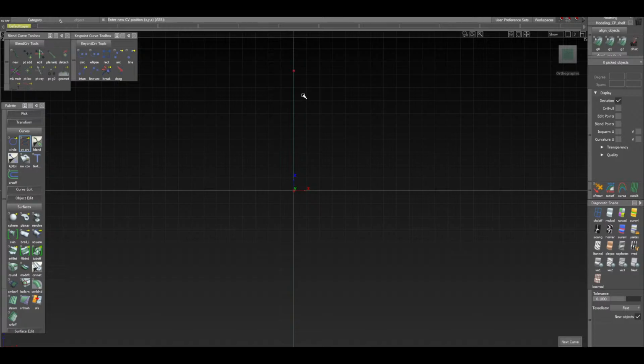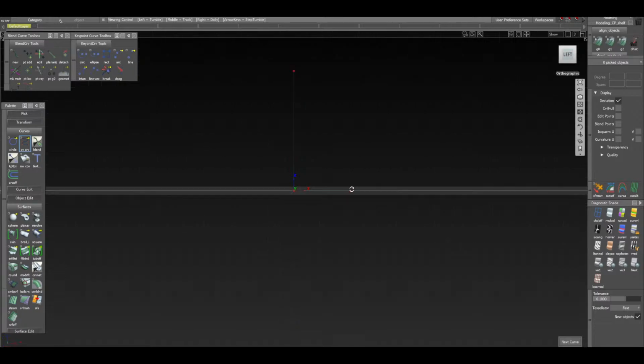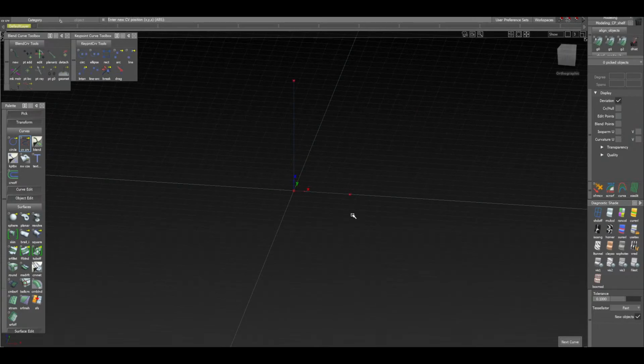I'm going to hit Control Alt, and I'm going to drag along this curve, and then I'm going to hit the middle mouse button or the scroll wheel. I'm going to go in the X direction like so, and that's going to describe the overall width of the spring or helix that we're making. Okay. I'm going to hit the space bar to confirm, and I'm just going to look around, and I'm going to add a little bit of an angle